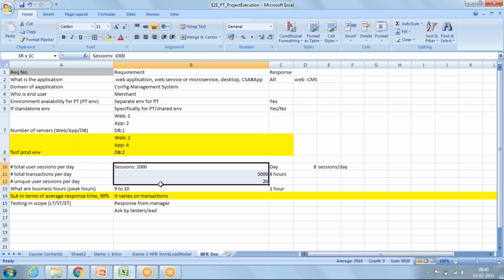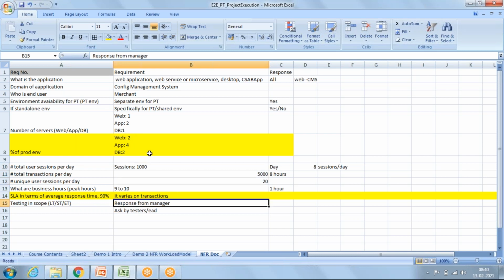Okay. Is it clear why we are taking this information from the stakeholder? Yes. Oh, good. Okay, let me save this. So all this information we captured is for an application running on production.